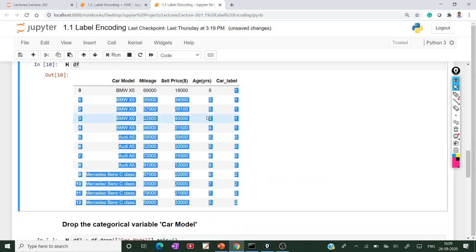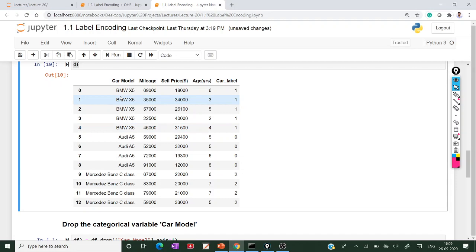So how are these labels assigned? See here, these 5 rows are BMW. This is label 1, this is label 2, this is label 3, so 3 labels.